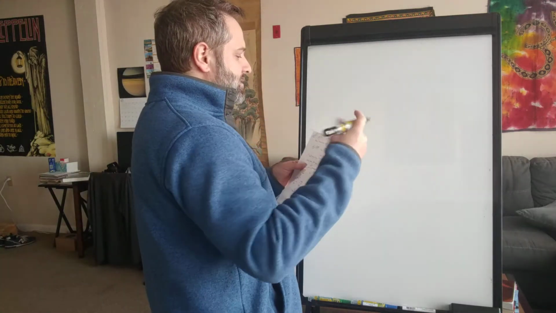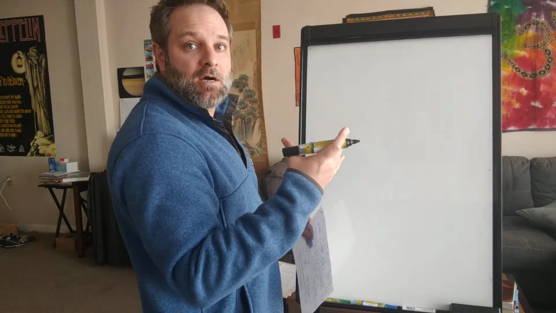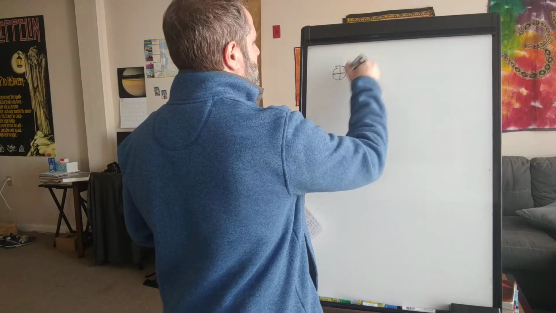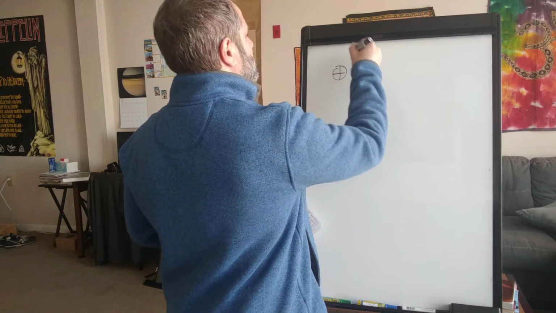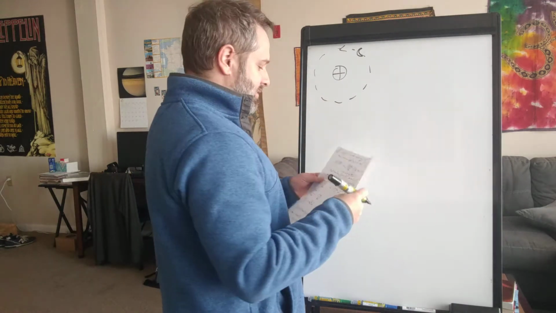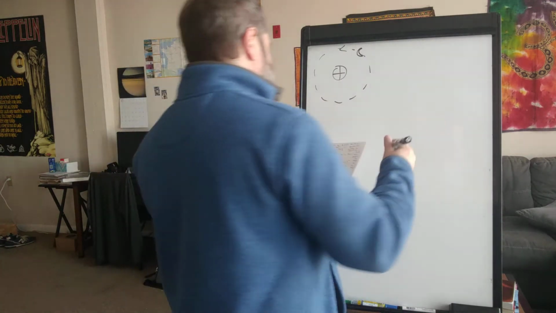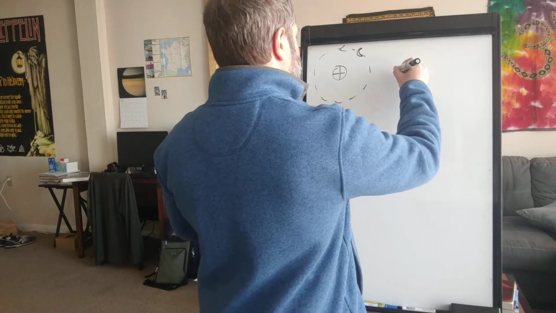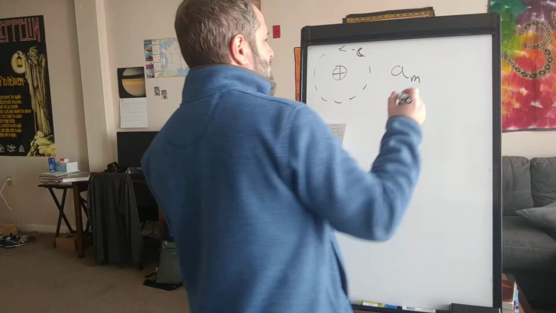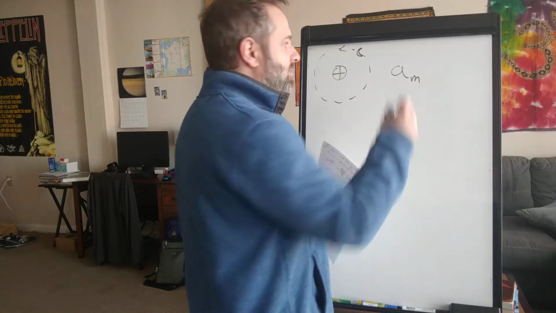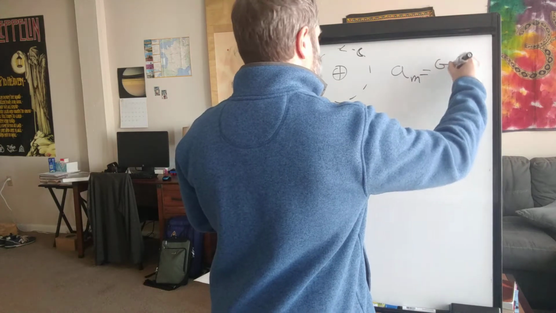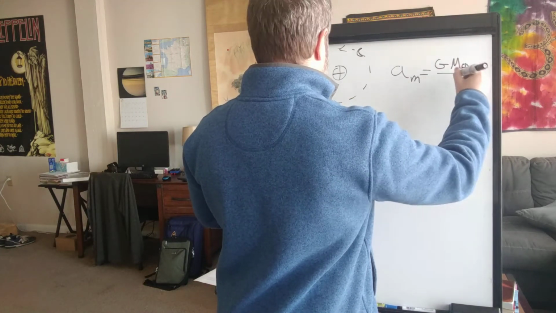Let's look at the motion of the moon around the Earth. So here, Earth, moon. The moon, of course, executes a roughly circular orbit around the Earth. Same as the previous calculation, we can get the acceleration due to gravity. I'm going to draw a little m for moon rather than try and draw this crescent each time. It is G m Earth over